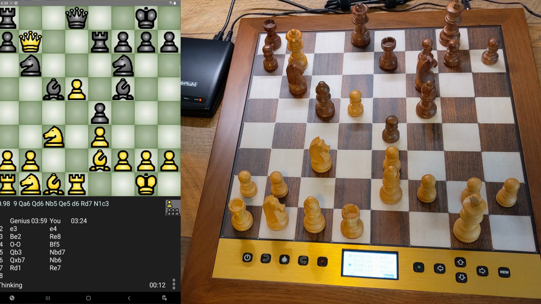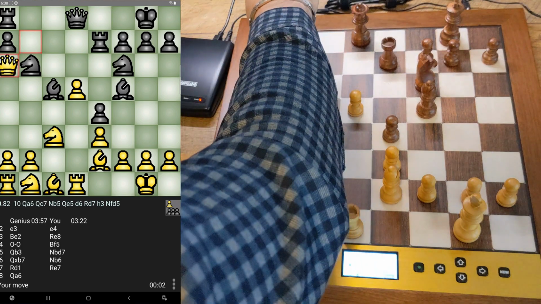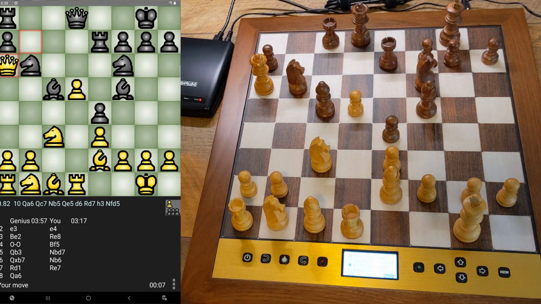Black is running the queen out and activating pieces. So that's what you want to do in a position like this. If you sacrifice a pawn, you definitely want to get some pieces active, and that's pretty much what the king performance is doing here. He's holding that pawn on e4 in place with pieces. He's getting his pieces really, really active here, and